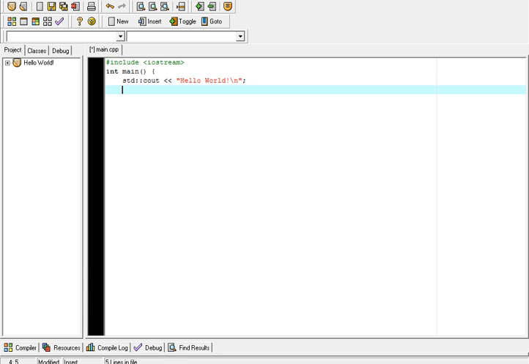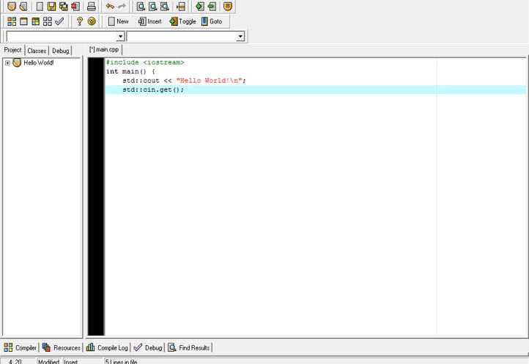So the next thing is we're going to use... A lot of beginner tutorials say that you should be using system like this. This lets you access batch commands, but it's really inefficient. Plus, it's only for Windows. So it's a steer clear solution. So we're just going to be using